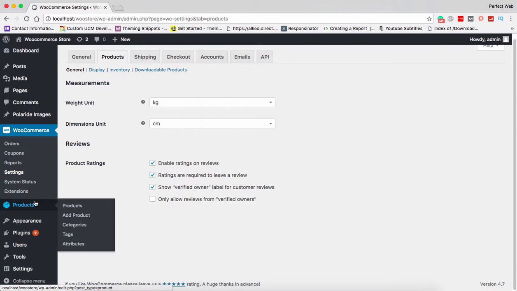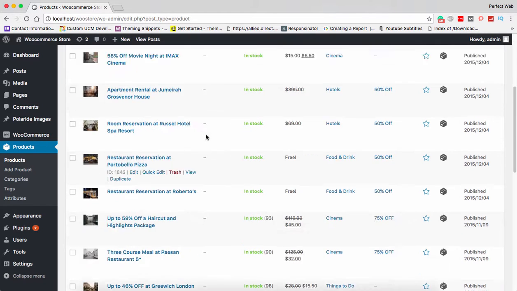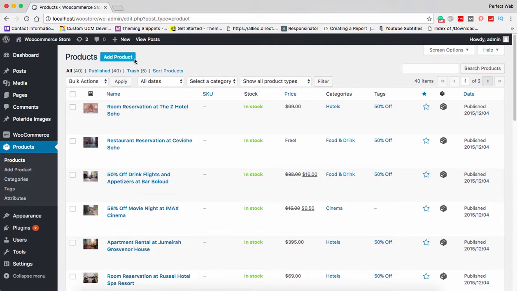But definitely in your products, you can add a new product as a simple product, as a variable product, as a virtual product, as a downloadable product, as a group product, or as an affiliate product. You can add all of them by using this single add product button.